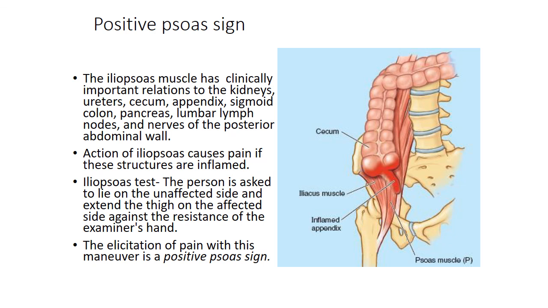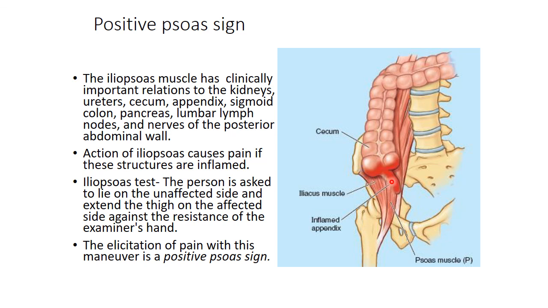Now, what is the positive psoas sign? This aspect we actually did in the kidney also, when I was talking about the infected kidney and its coverings, and a collection of infected pus around the kidney. In that case, the fascia covering the psoas and the quadratus lumborum and the iliac fascia may get inflamed. In this picture, the inflamed appendix is shown lying on the iliac fascia and the psoas fascia over here.